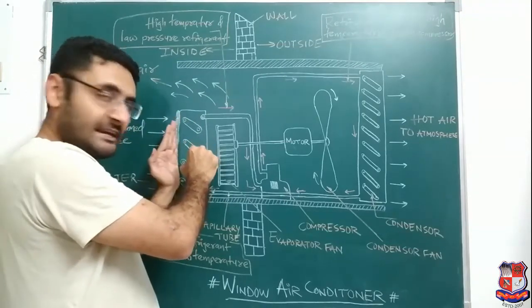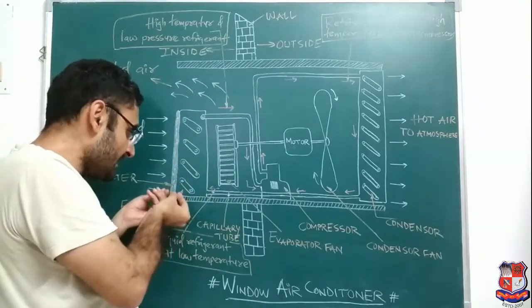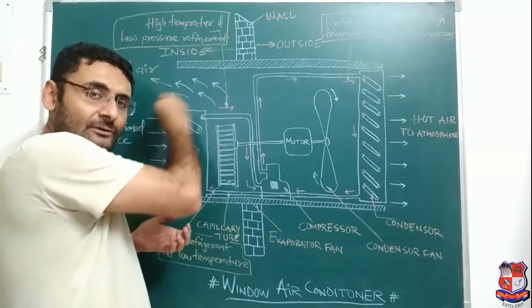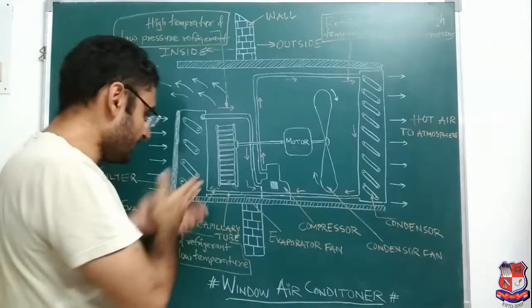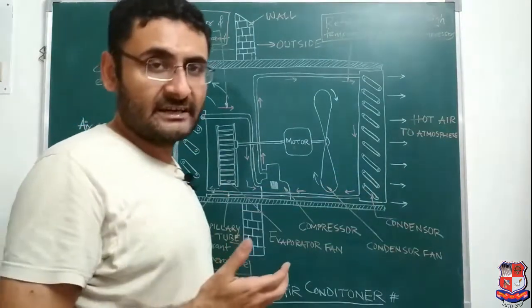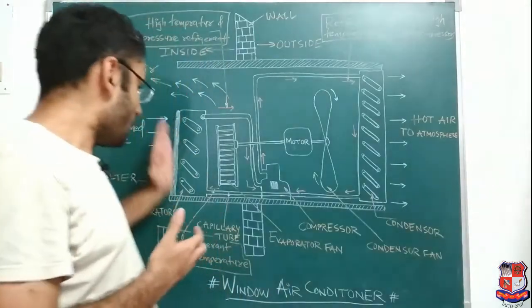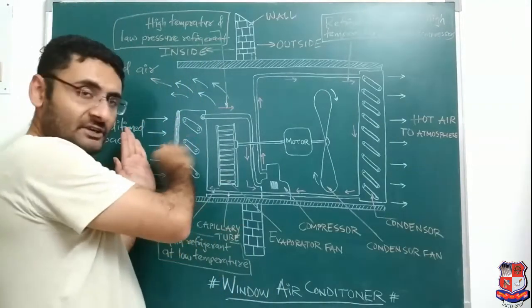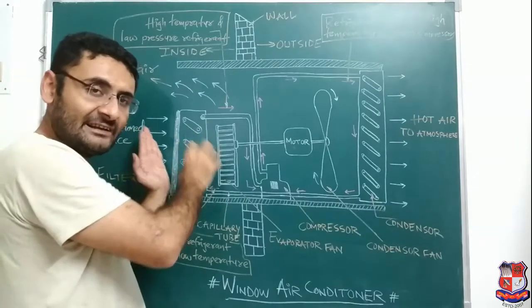So from the atmospheric air, whatever vapor particles are there will convert into liquid particles, and that will be collected or stick on the outer periphery of the evaporator. After that, it will be collected with the help of a tray and rejected into the surroundings. Over here, two things happen. First, moisture is reduced, and the humidity is also reduced.